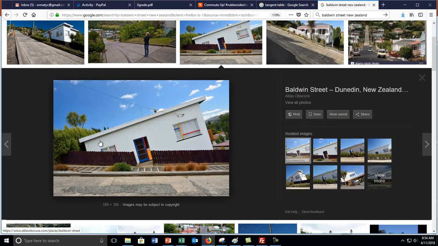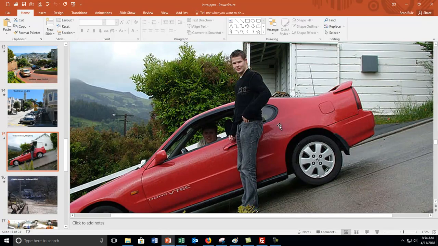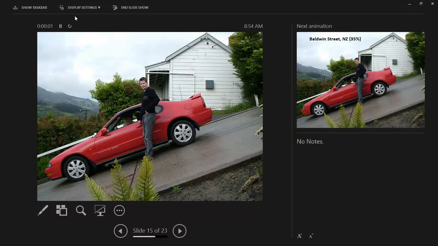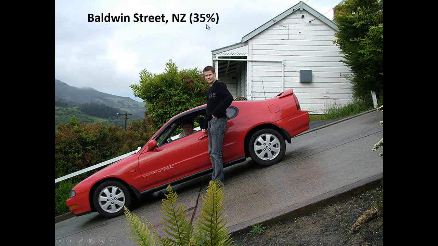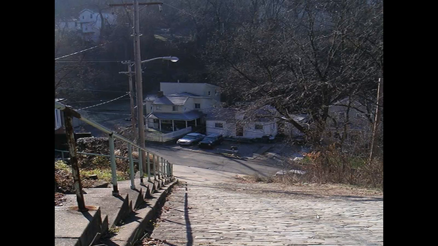If you take a look at this, this looks to be about a third as big as this. And if you look back at this grade, that's essentially what this grade is. It's about a third, right? I mean, 35% is almost 33.3333. So it rises 1 for every run of 3. It's very, very steep. But the Kiwis do not have the steepest street in the world, because I found one steeper,